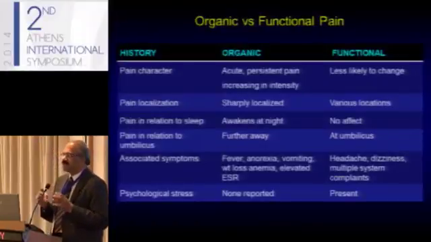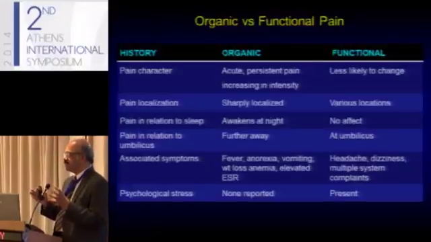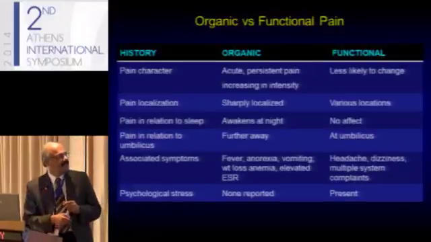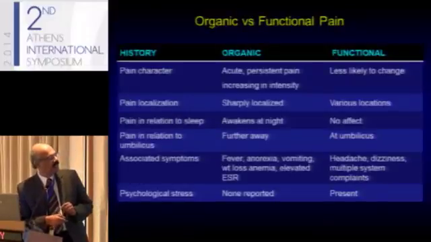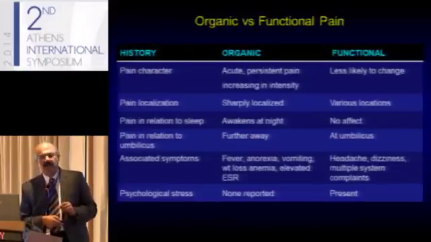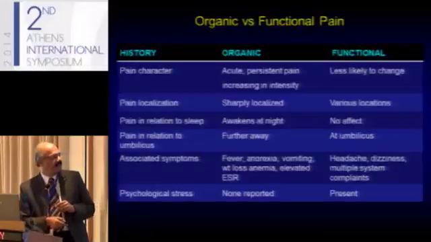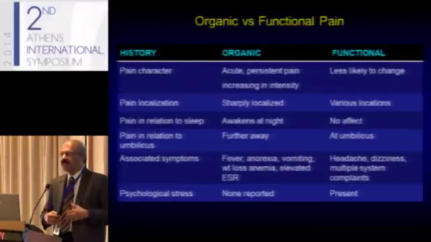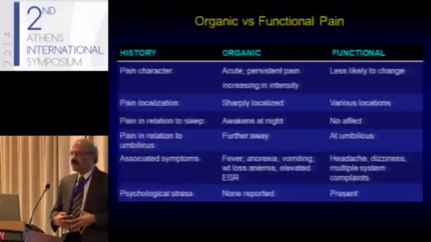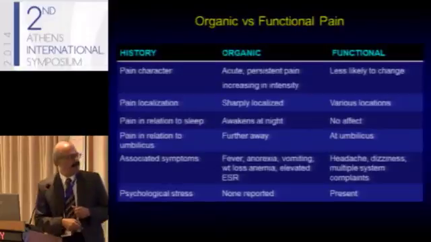One of the problems in patients with chronic abdominal pain is to distinguish organic pain from functional pain, and this is the most common problem in clinical practice. There are certain parameters to suggest organic or functional pain. If, for example, the pain is very acute and persistent, it is more organic. In functional pain, it's never very acute. It localizes in various locations in a functional pain, and the pain in organic is away from the umbilicus, whereas most often when a patient comes with functional pain, they'll point to around the umbilicus. They'll say pain is somewhere in the center part of the abdomen.